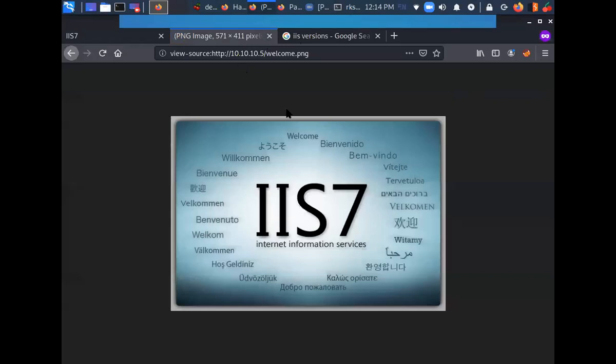Let me first of all rearrange this Zoom toolbar because it is obstructing my pointer here. How can I move this? Let me try to figure this thing out.